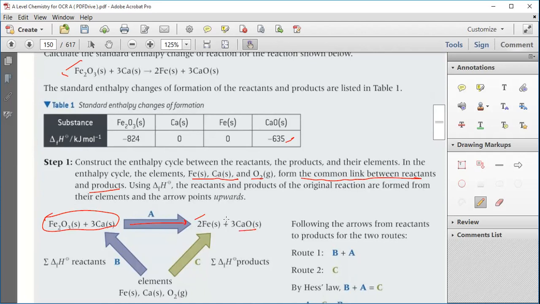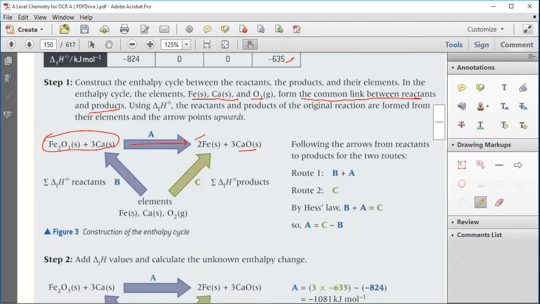Previously, if you see, first of all we have iron, calcium, and oxygen. There are 3 elements. Now among these elements, iron is making a bond with oxygen. Yes or no? And it will form Fe2O3 plus calcium oxide. So there may be some reactants formed, so delta HFR is there.